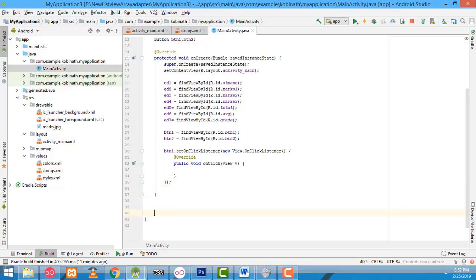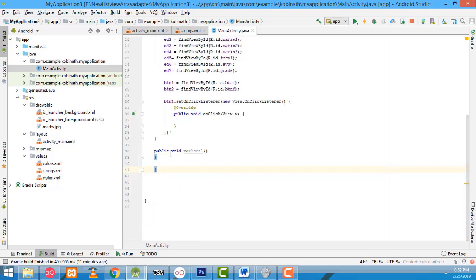After end this bracket we have to paste here, right here. Okay,